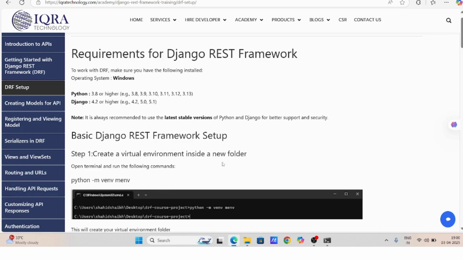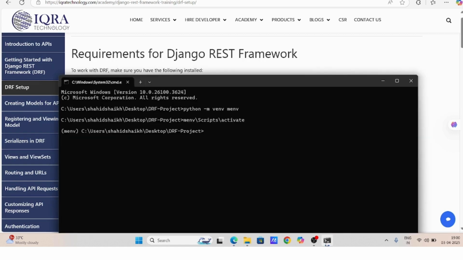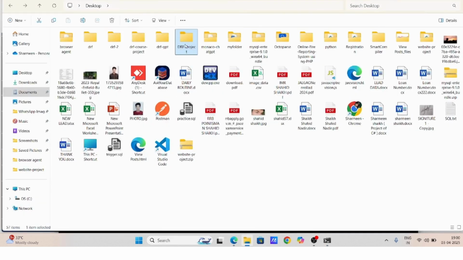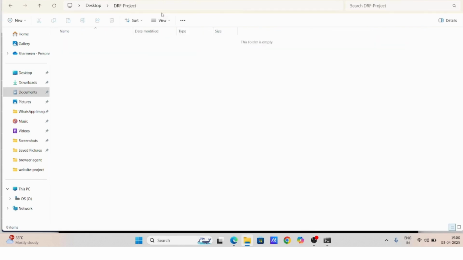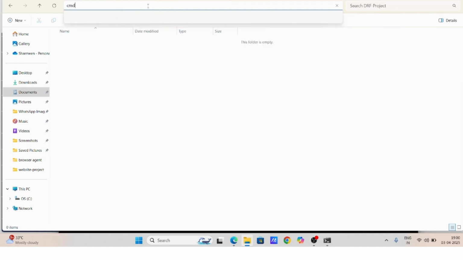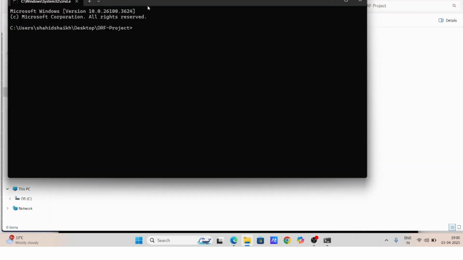First, we have to create a virtual environment, and inside the virtual environment, we will create the project folder and then set up everything. So first we have to go to our project folder. Inside the project folder we have to open cmd and hit enter. Inside cmd we will create the virtual environment, so you should run the command python -m venv